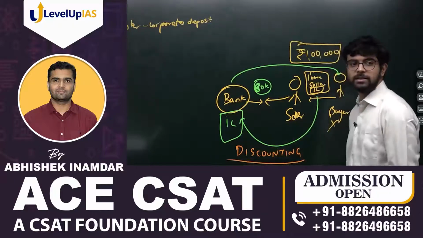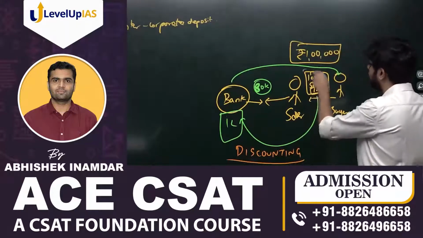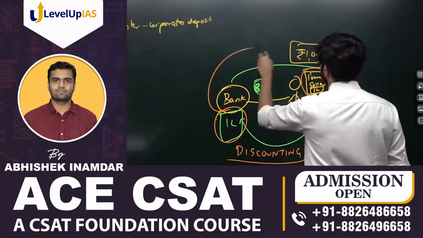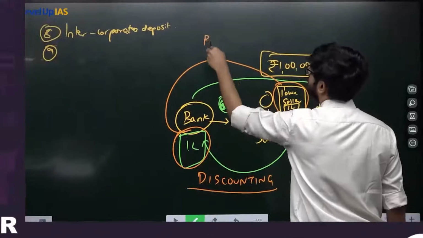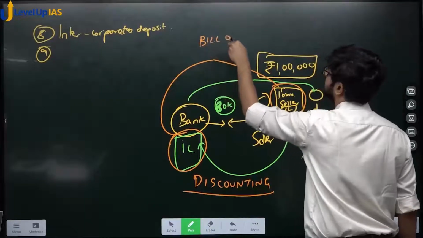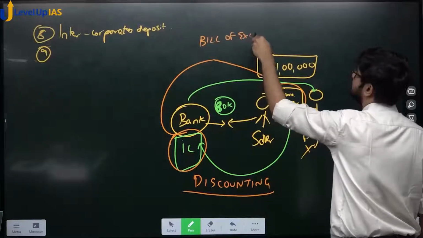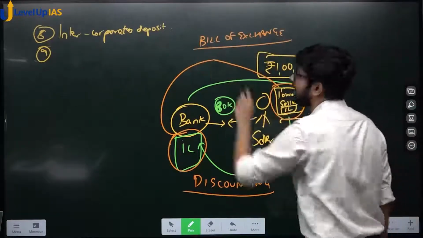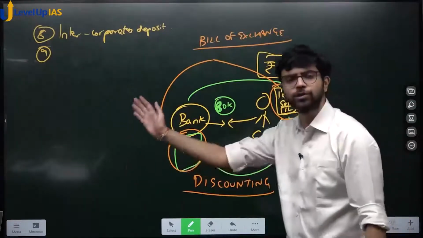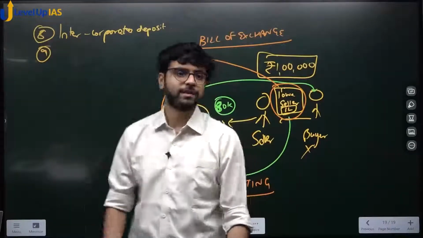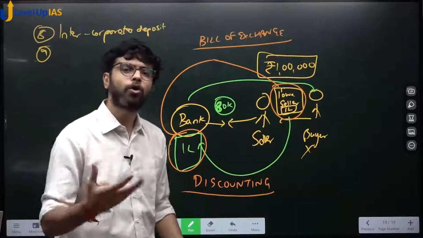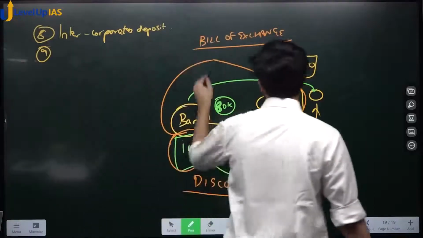Understood? Discounting. What is this paper called? This paper is called a, see this, bill of exchange. That is, we have sold goods, you will pay us after 6 months. This paper is called a bill of exchange in technical terms. In a more common term, it is called a,